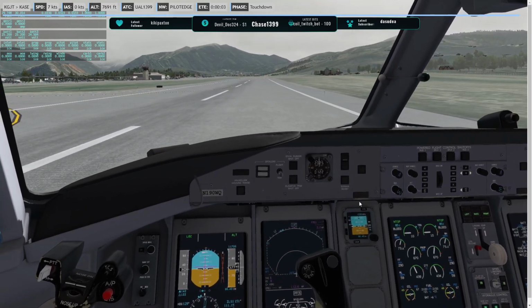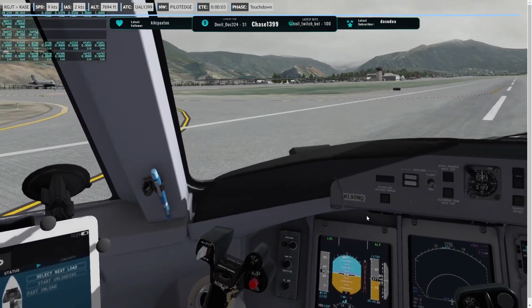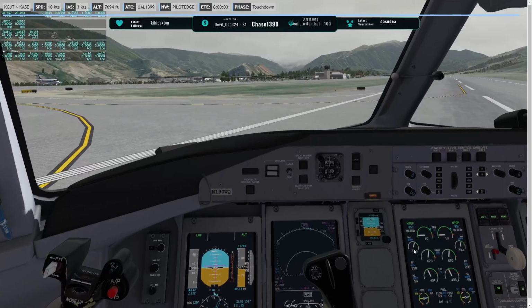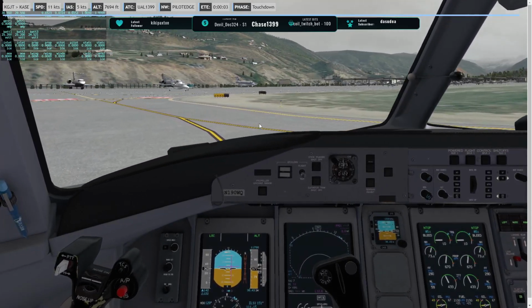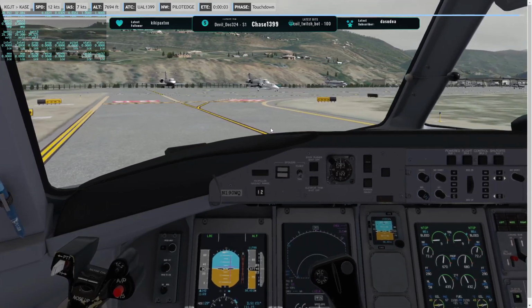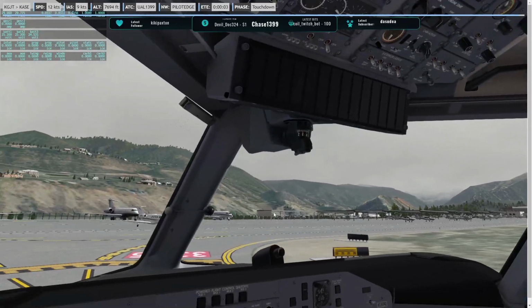I think there's a bug with the altitude here. Altitude. I should be able to land at these higher altitudes. Doesn't have the